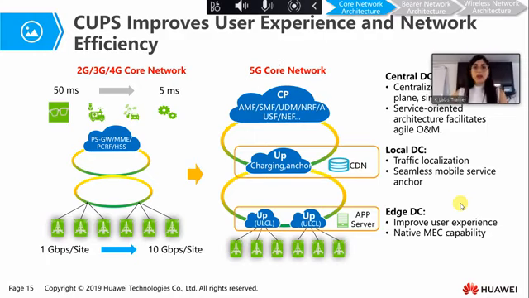Actually, control and user plane separation is an important feature because it helps us to increase the user experience and to increase the network efficiency. And control plane and user plane separation is an enabling feature for what is called MEC. We are going to describe the MEC. MEC stands for multi-access edge computing. I'm going to write here, multi-access edge computing.